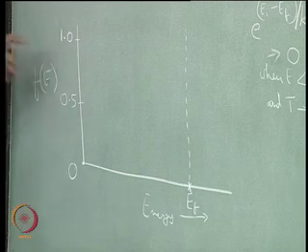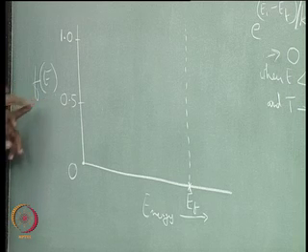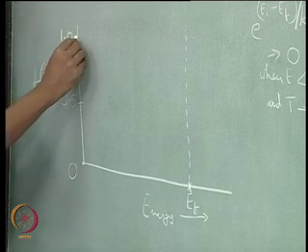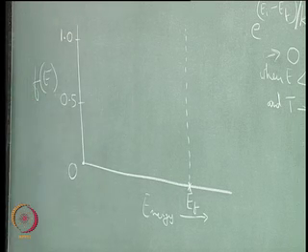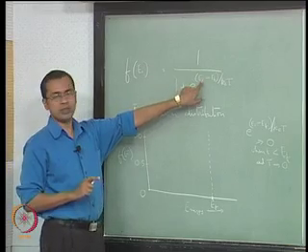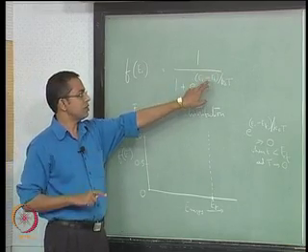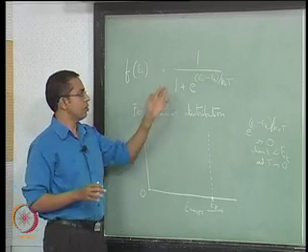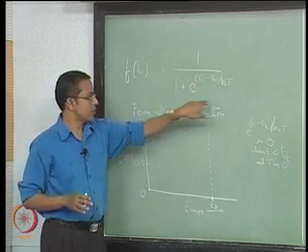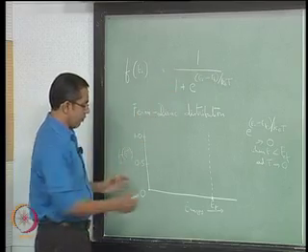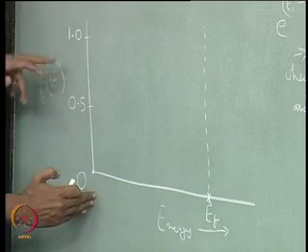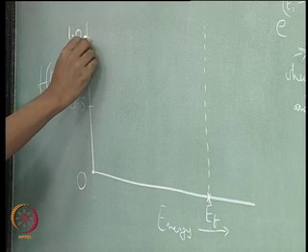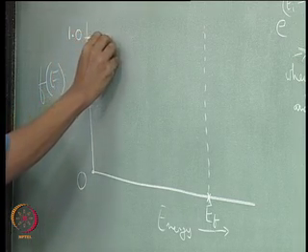So when E is less than EF, f of E is equal to 1 at t equal to absolute 0. This is going to be true for all energy values. Regardless of the energy value that you pick here, as long as it is less than EF, this description will hold true: the exponent is going to become minus infinity, and therefore this term is going to become 0, therefore this is going to become 1. So for all values of energy less than EF, the value of this function is going to be 1 when temperature is absolute 0. So this function will show a behavior that looks like this